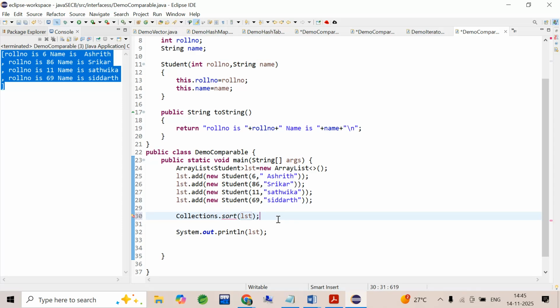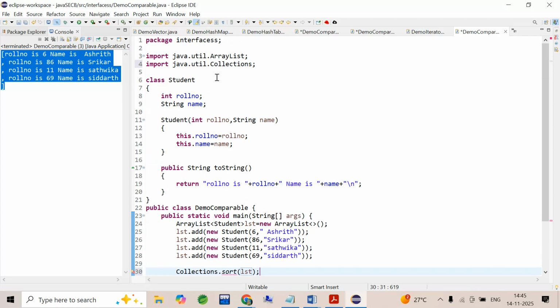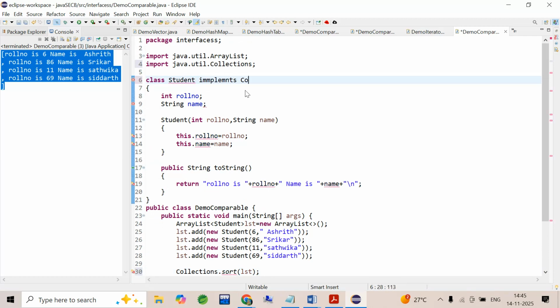What to sort, right? Student details, they are like roll number and name. So I have to sort based on the roll number, or I have to sort based on the name. That is your responsibility. Okay. Now in this case, let us go back to this class. Now here I'll say implements